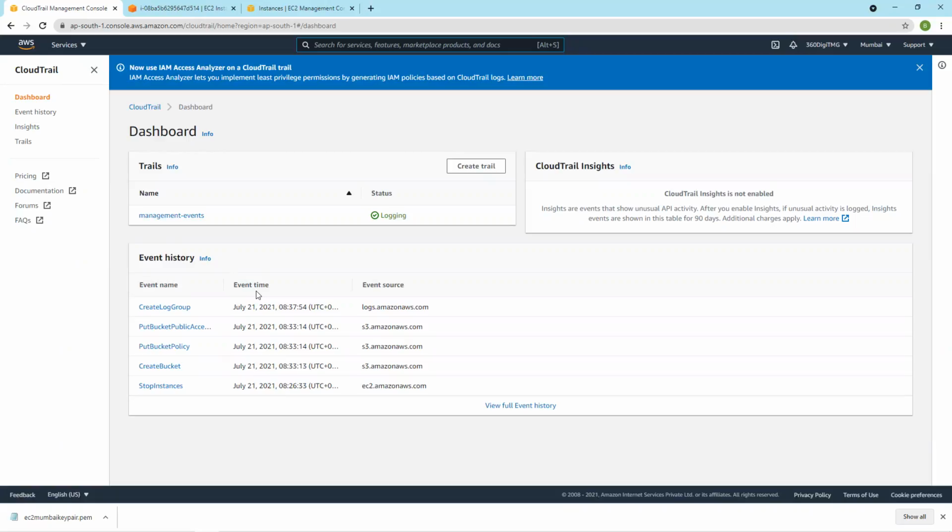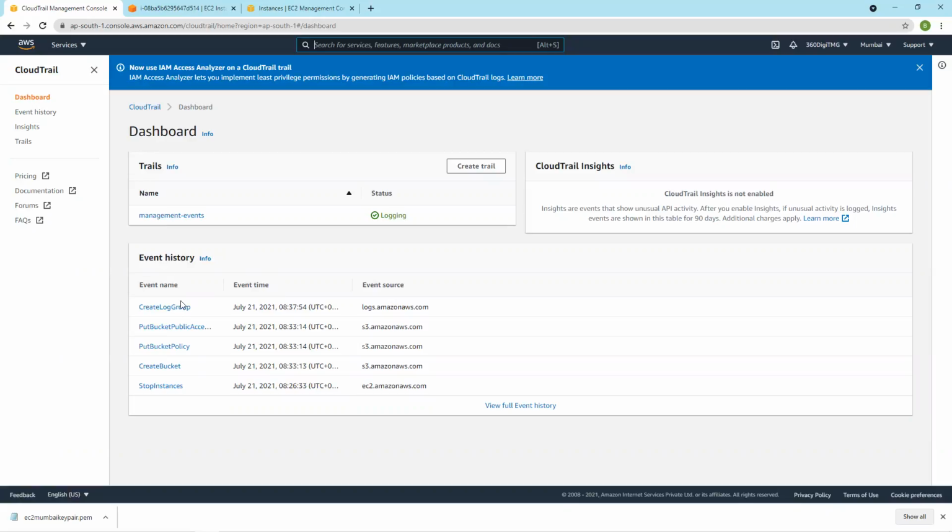Then if I want to trigger some action based on the events happening in AWS, like sending notifications or triggering Lambda functions, then I need to use CloudWatch logs. So for that, I have created a CloudWatch log, because here I don't have that option. It's only logging; I can save the logs.